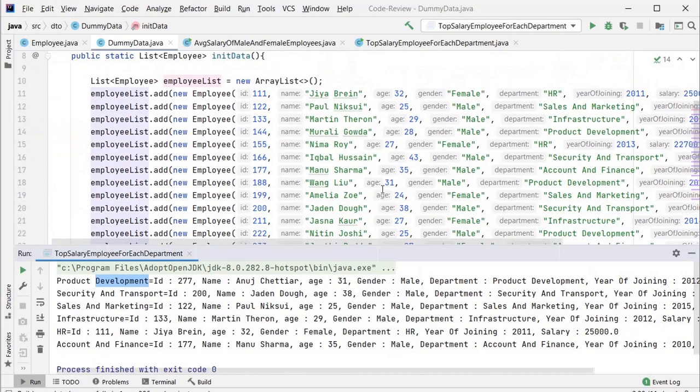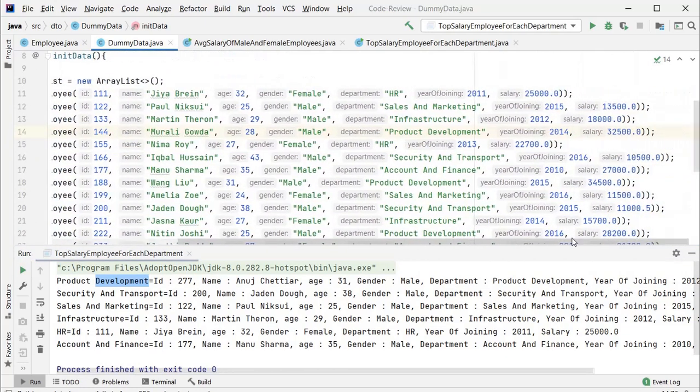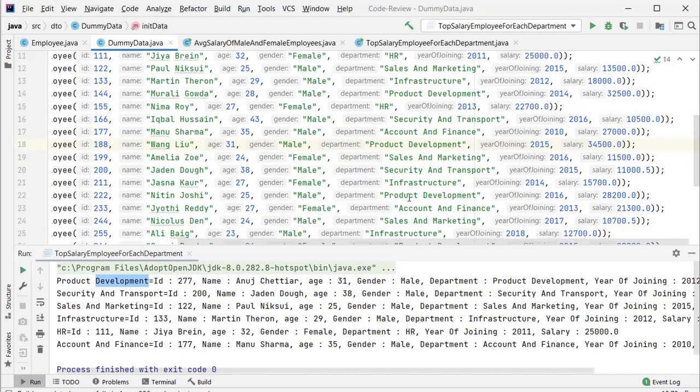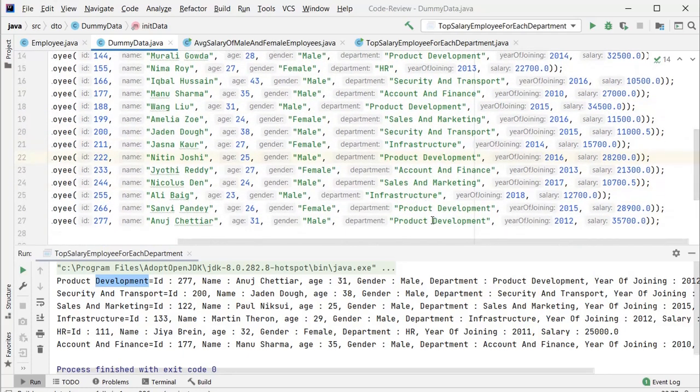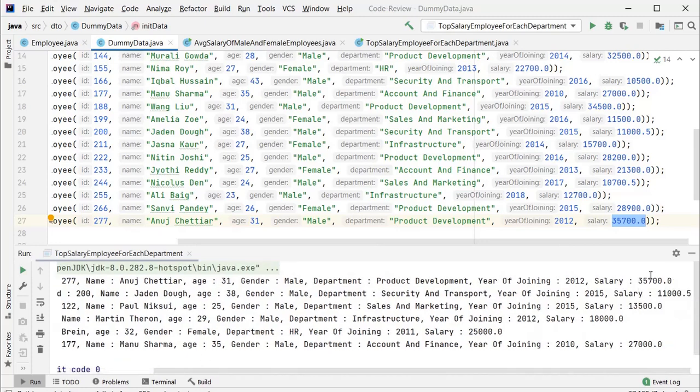Where is the product department? This is the product department, and its highest salary is... again it's a product department, again a product department. So I can see the product department's highest salary is 35,700. You can see 35,700.